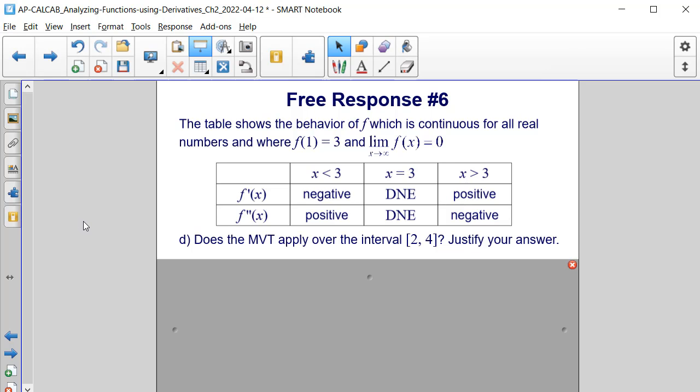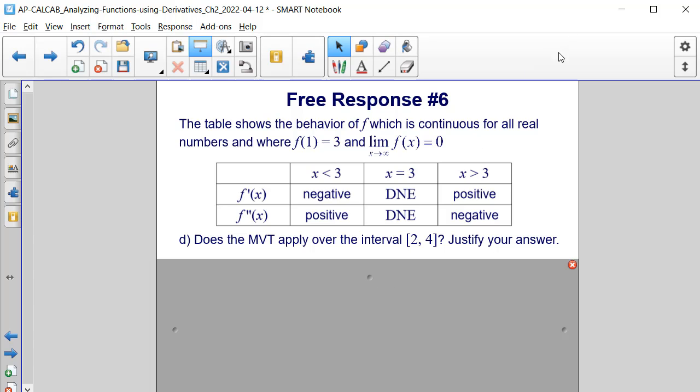Now let's answer part D. Does the mean value theorem apply over the closed interval from 2 to 4? And justify your answer. Now the theorem states that if a function is continuous and differentiable on a given interval, then there exists a point in that interval where the instantaneous rate of change will be equal to the average rate of change. So we need to determine whether or not f of x is continuous and differentiable within this